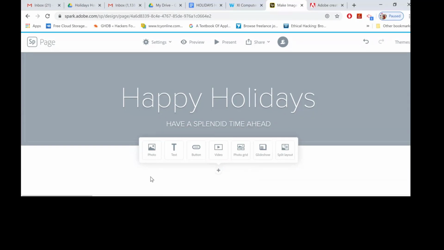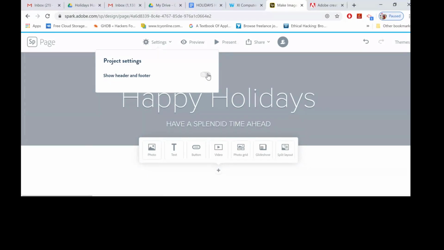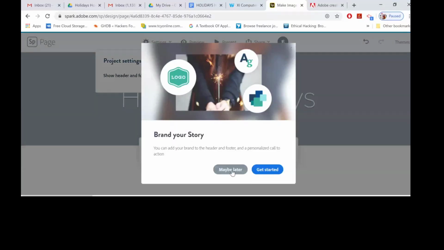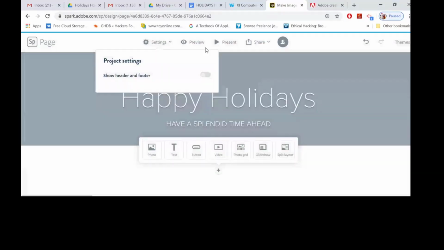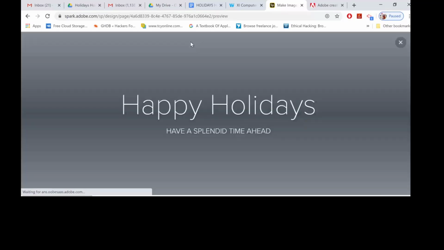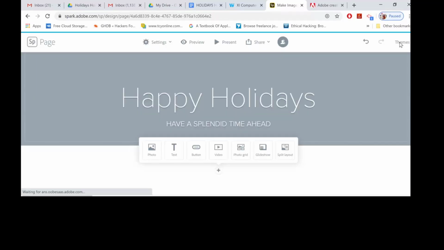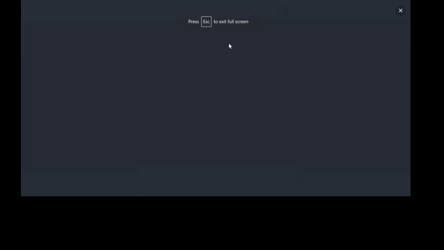Next is settings. Before going to another concept, I am telling you the previous settings. This is a preview button, which shows how your document will look, and this is a way you present your work.